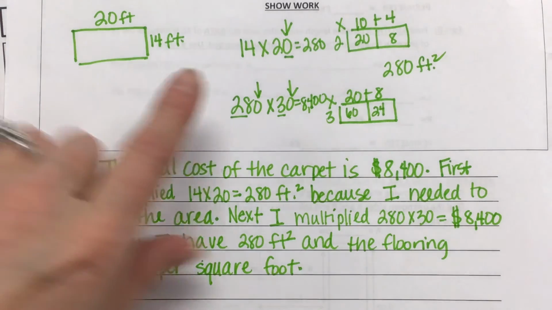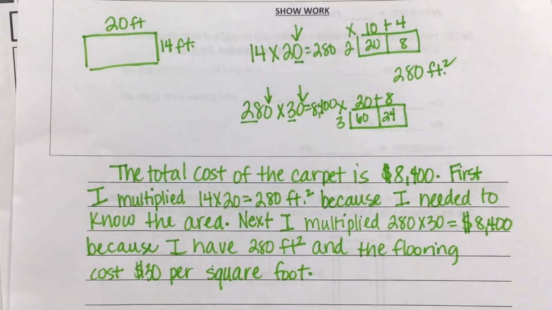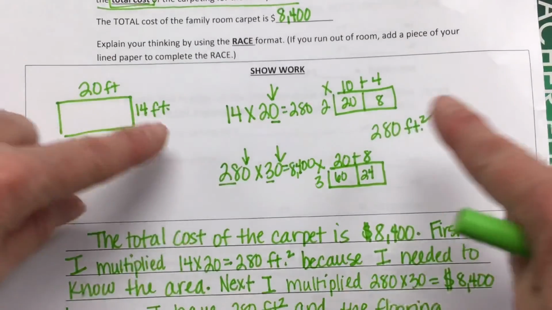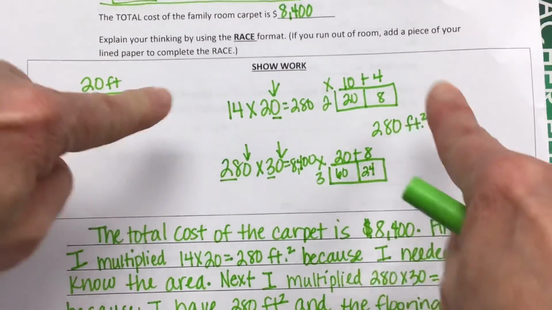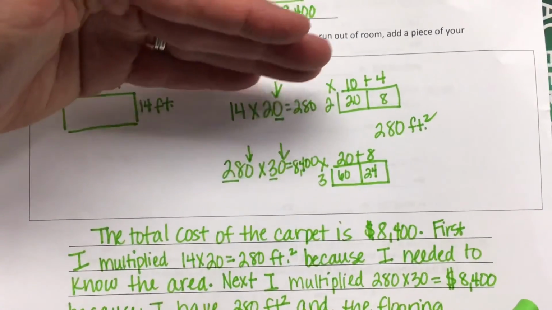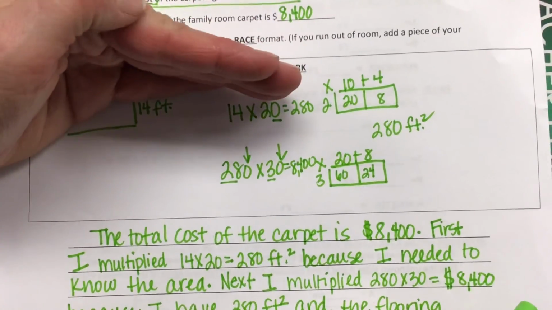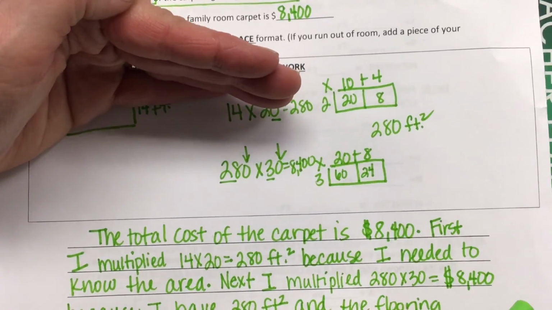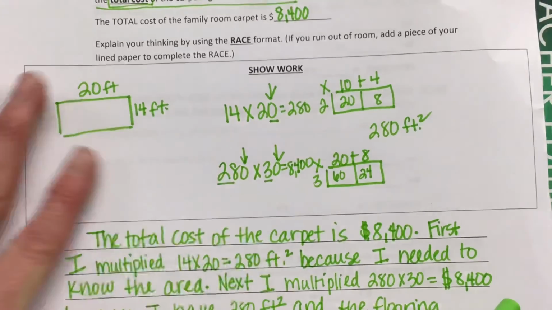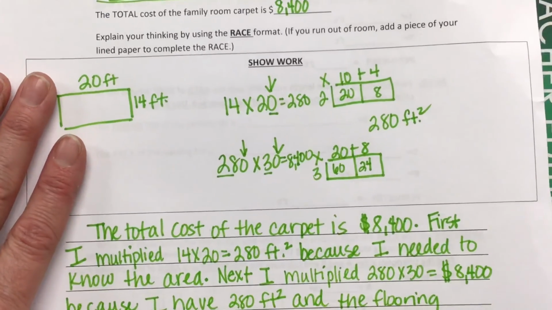I also think that it helps us to remember what to put. This is also important. Do your work in a logical way. Notice my first equation is on top and my second equation is on bottom. So when I look, I can see, oh, that's the one I did first. And I don't even really have to think about it. That's the one I did next. Okay? Any other questions? Okay, I'm going to give you some